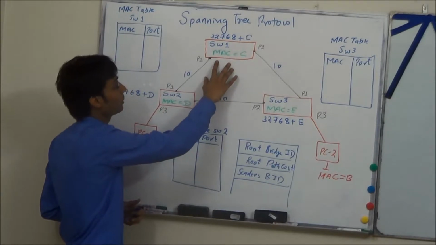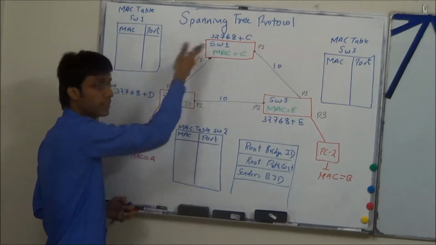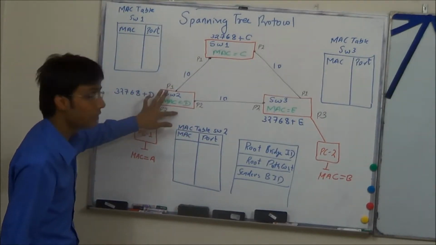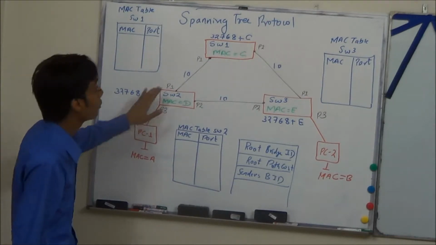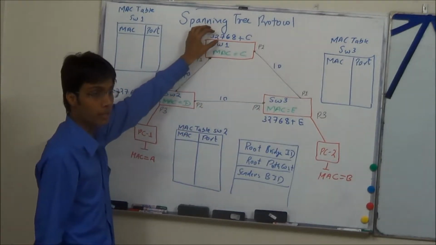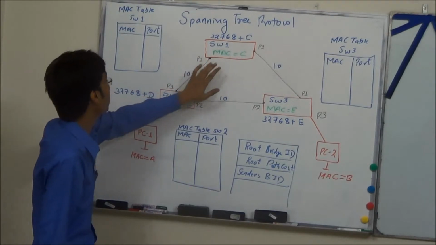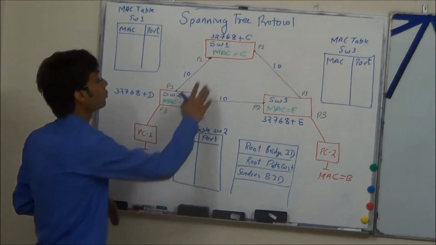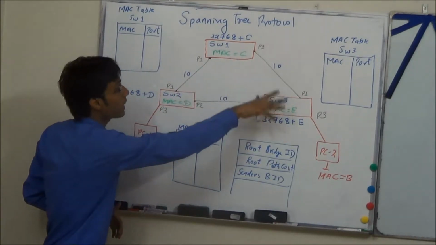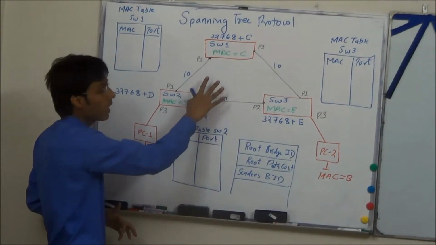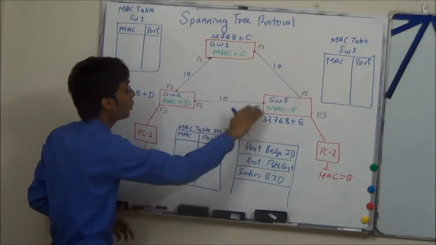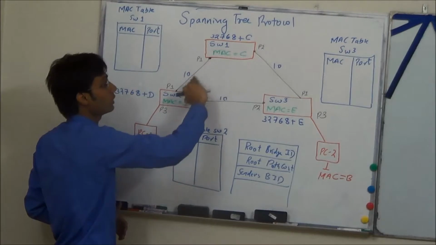It will first compare the received and sent BPDUs in case of this segment, switch 1 and switch 2. It comes to know that the root bridge ID of the one it received is 32768 plus D and the one it sent is 32768 plus C. Default priority, so we'll ignore this priority field and check that the MAC address of switch 1 is less than that of switch 2. So switch 1 says I am the root bridge in this segment for now, because there is a scenario left for that side. Switch 1 for now says that I am the root bridge and switch 2 stops sending BPDU towards switch 1. There is no scenario clear in this case, but it stops sending BPDU towards switch 1.